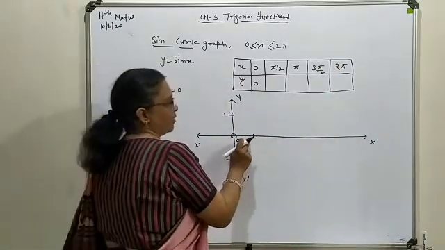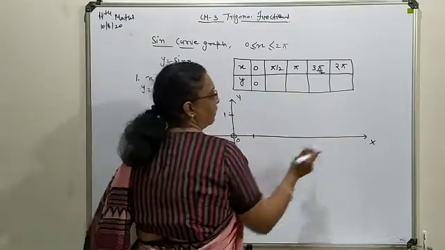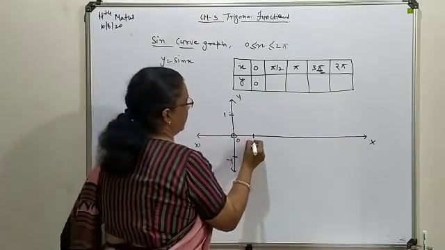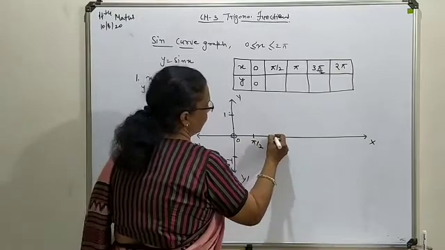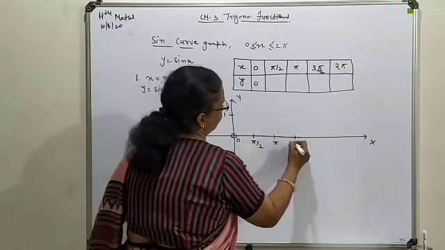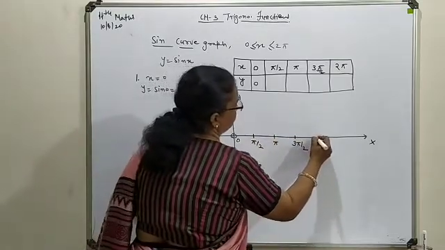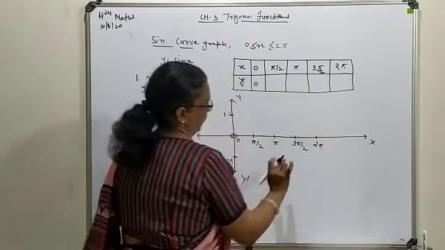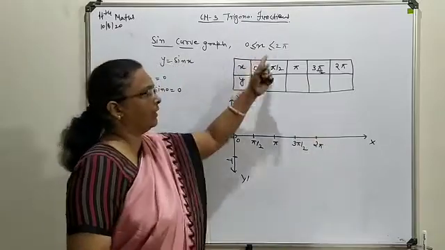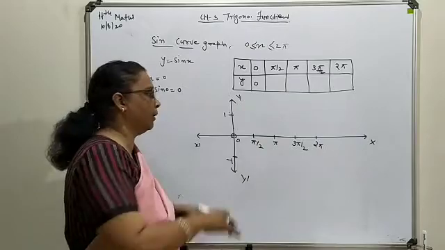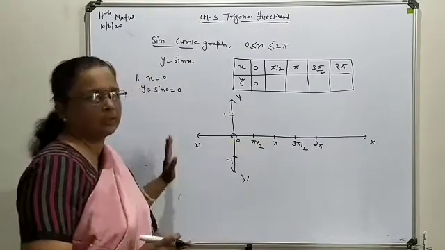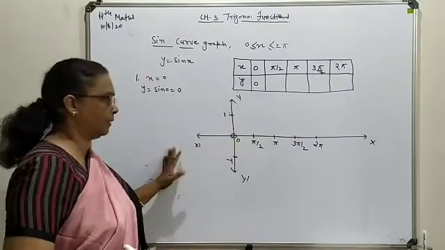Now as a difference of 90, here also we will mark the angles on the x-axis. So this is pi by 2, this is pi, 3 pi by 2 and 2 pi. This is the last value we have to take. So we will stop here only. On both sides it can be extended. Afterwards we will discuss that.